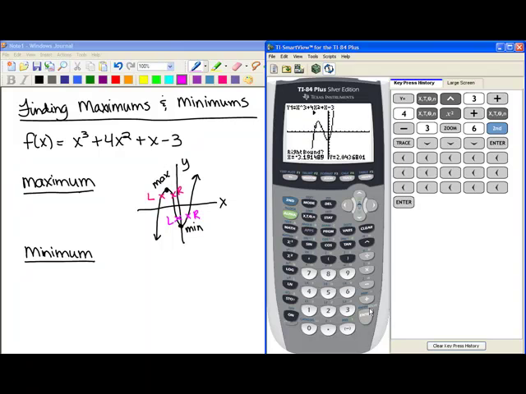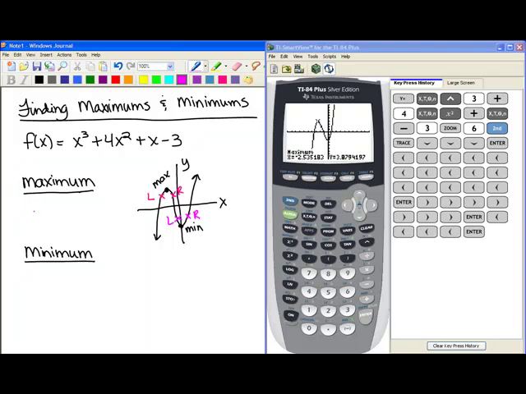Press enter. Now it says find the right bound. So I'm going to move the cursor over to the right on the other side of the maximum. Okay, right there would be a right bound. Numbers at the bottom don't matter. Press enter, and then it says guess where the maximum is. So the maximum, I think, is right up here at the top. Press enter,